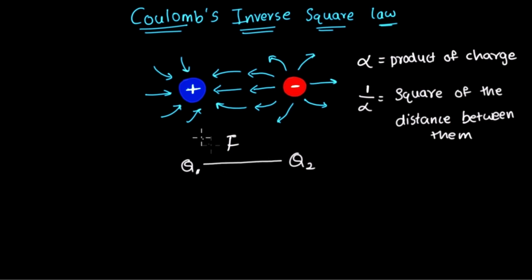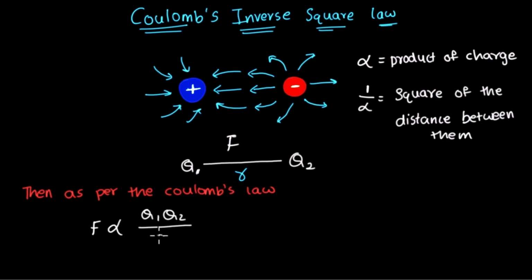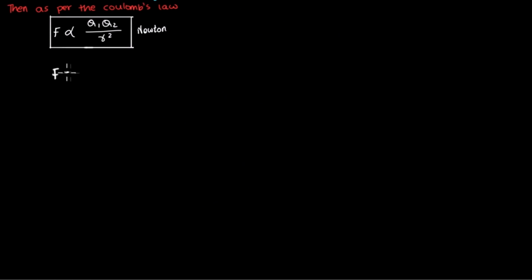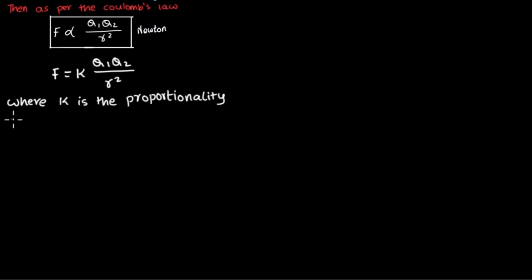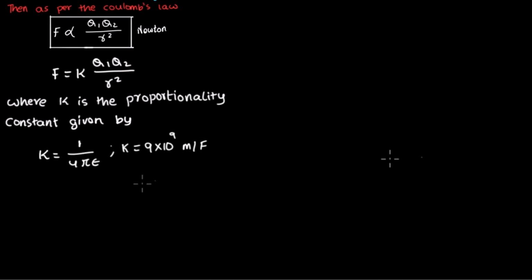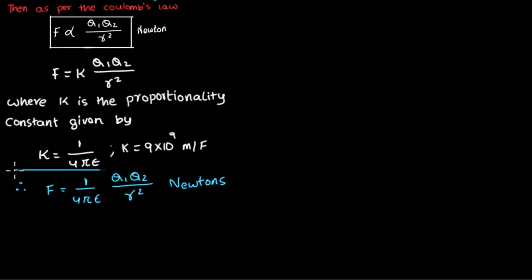Consider 2-point charges, Q1 and Q2, separated by a distance r as shown. Then, as per Coulomb's law, the force is directly proportional to Q1 Q2 by r square. Force equals K Q1 Q2 by r square newtons, where K is the proportionality constant given by K equals 1 by 4 pi epsilon. Therefore, force F equals 1 by 4 pi epsilon multiplied by Q1 Q2 by r square newtons,